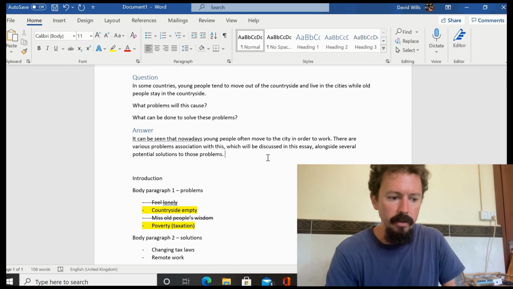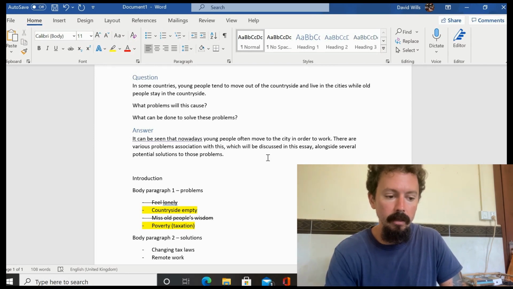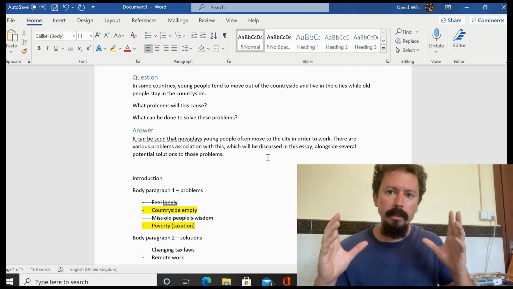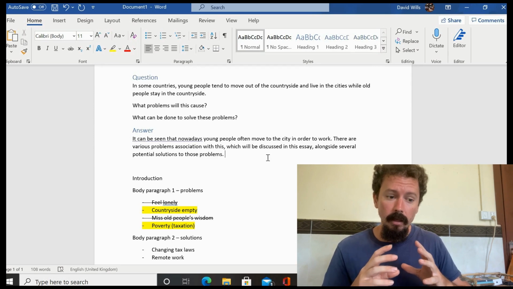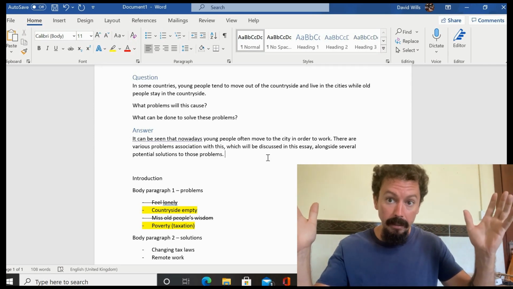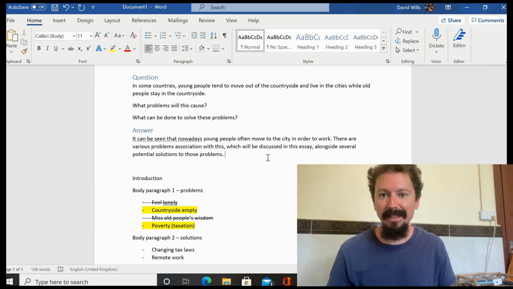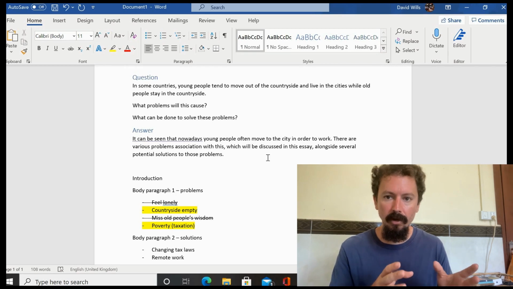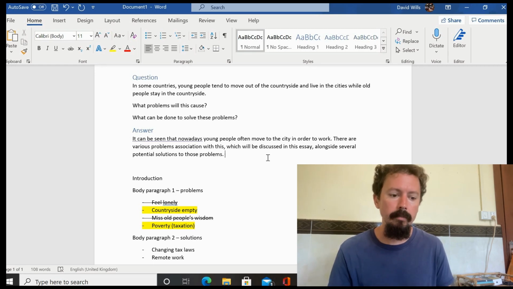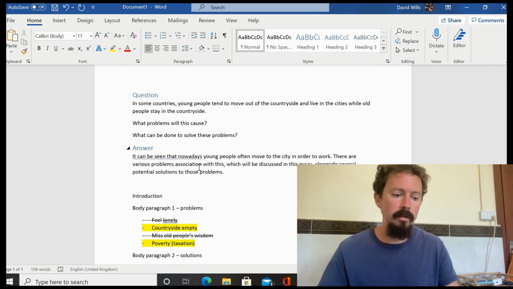So here's my introduction. It can be seen that nowadays young people often move to the city in order to work. So I've basically summarized the issue in 1 sentence. I didn't feel it was necessary to go for the big statement and then a more specific one because it can be said very easily there. I've then had a sort of essay outline because there's no opinion needed for this. So when we're asked to discuss causes and solutions or problems and solutions, then what we'll do is we'll just have 1 or 2 sentences that outline the essay. It says there are various problems